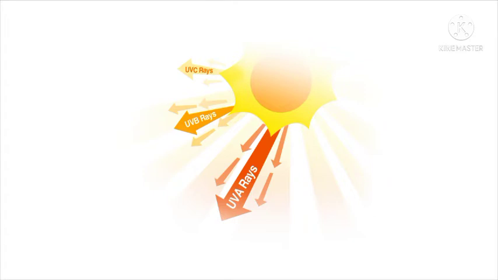Ultraviolet rays. Ultraviolet or UV radiation is a form of non-ionizing radiation that is emitted by the sun and artificial sources, such as tanning beds. While it has some benefits for people, including the creation of vitamin D, it also can cause health risks. Our natural source of UV radiation is the sun.